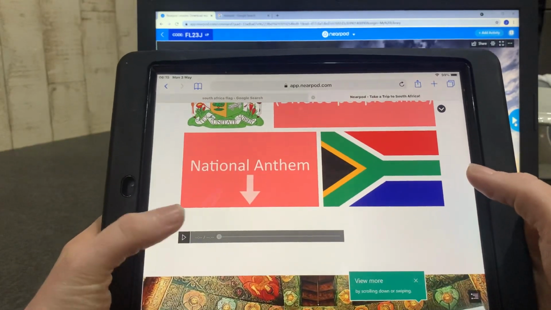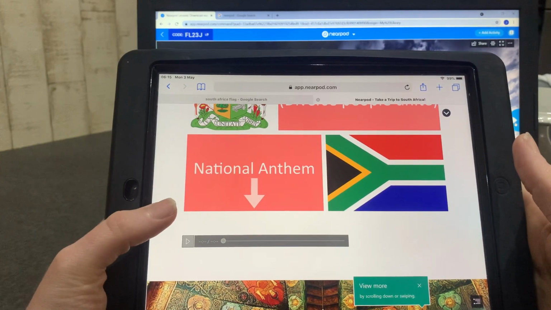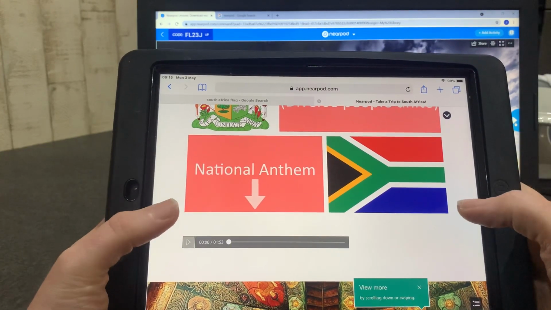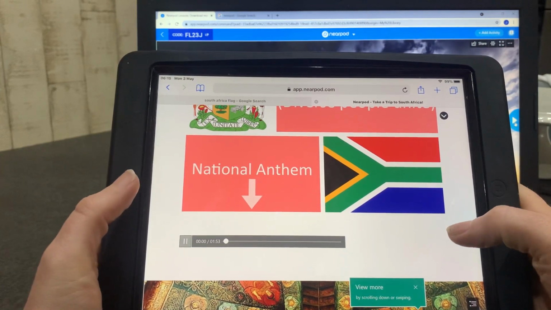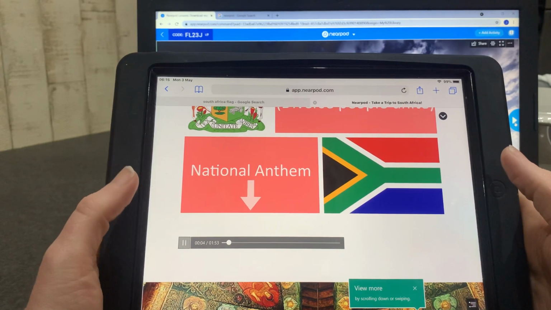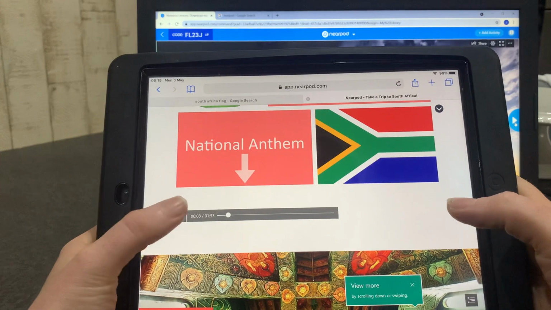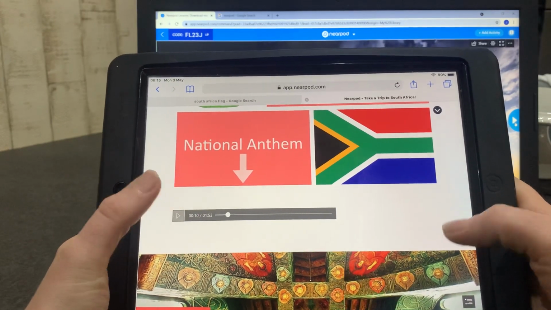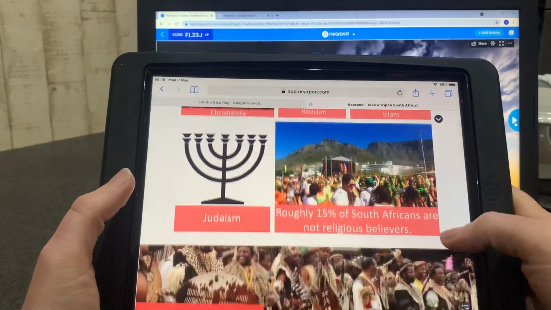It can include things like national anthems, religions,